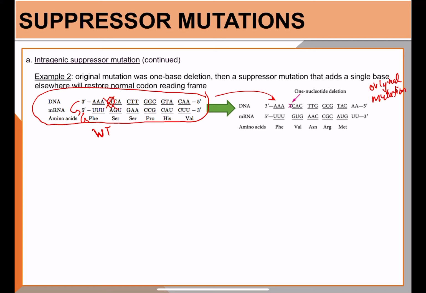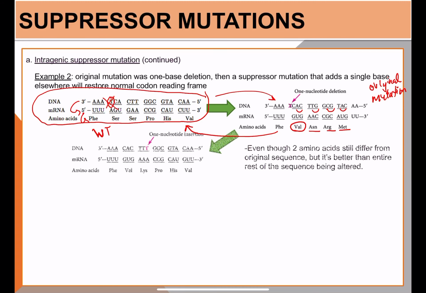And now that T is deleted, every new codon after that was reshifted: a frame shift mutation. So from valine on, every one of these amino acids is now different from the original sequence. Okay. Now, if you have a suppressor mutation somewhere else where you insert back a nucleotide into the sequence, you